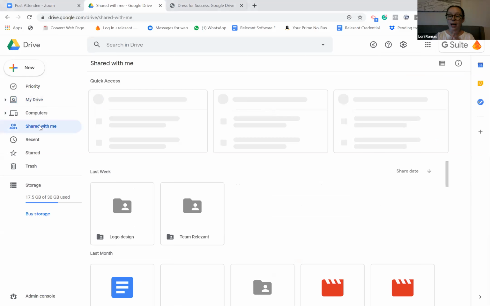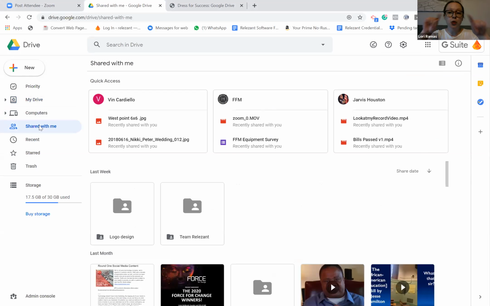So when I give you permission to view my spreadsheet, it's going to go into your Shared with me because someone shared a document with you. So if you ever go to drive.google.com and someone says, I shared the spreadsheet, don't you see it? And you say no, that's where it is. It's in Shared with me. You have to actually select the option.